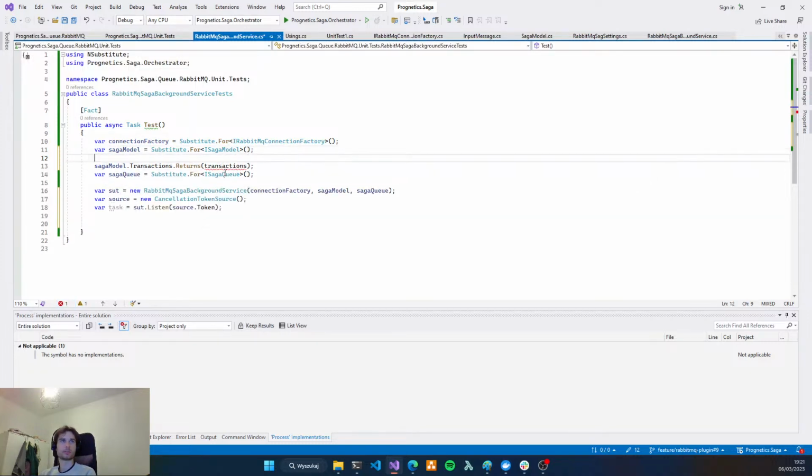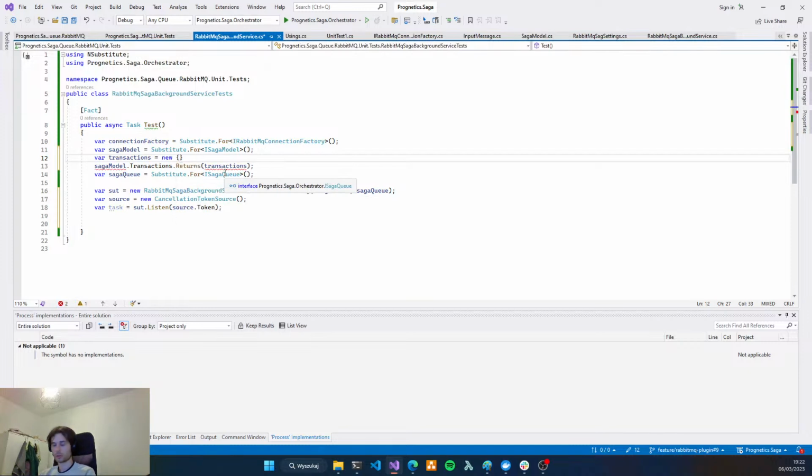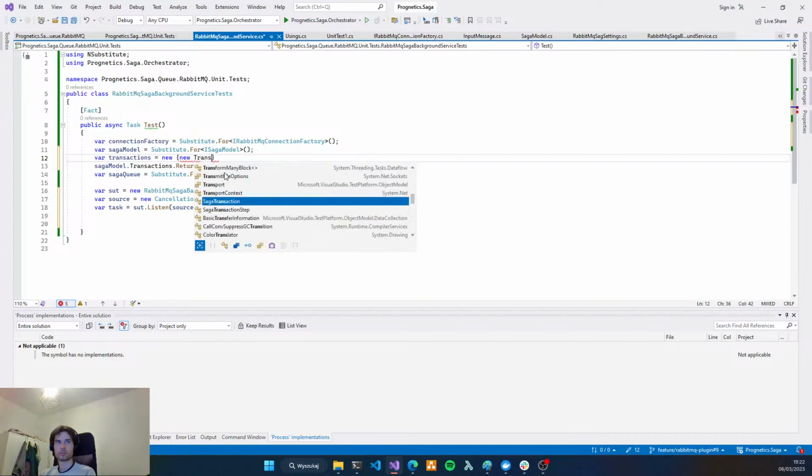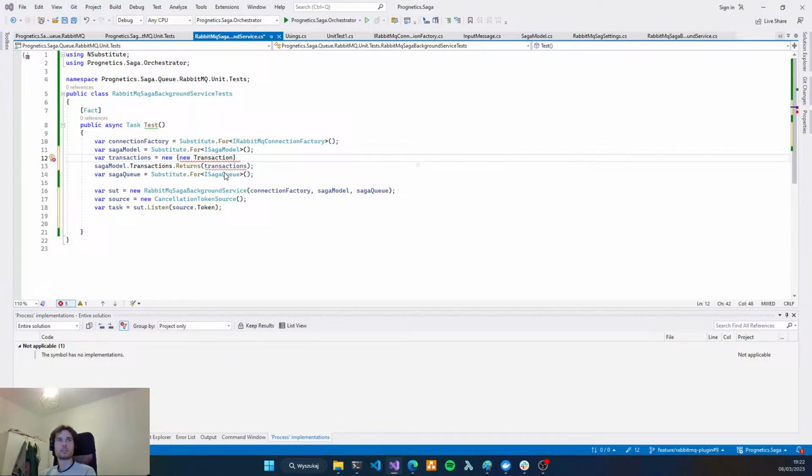Let's create some transactions. The transactions, new transaction. It's a SAGA transaction.